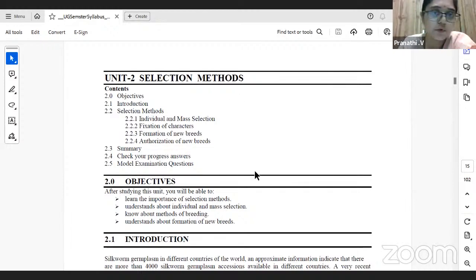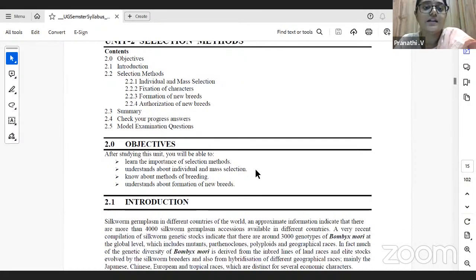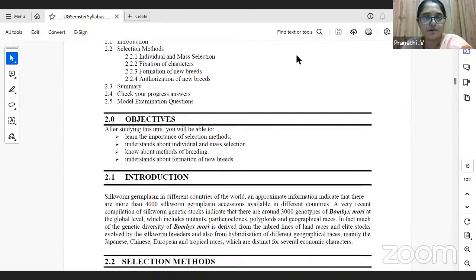Good day, everyone. Today I'm going to start unit 2, which is basically the selection methods. In this, we are going to look at the importance of the selection methods in case of silkworms, the kind of characters that we are looking at, and how new breeds are going to be formed, and how new breeds are authorized to be formed. So you are going to see individual selection, mass selection, then different types of breeding, as well as the formation